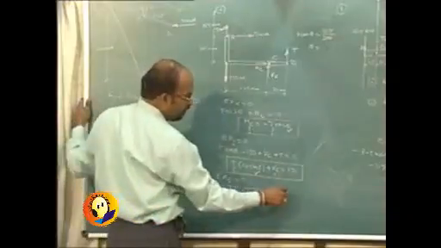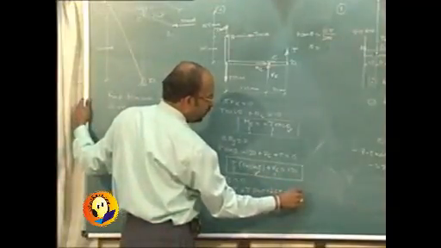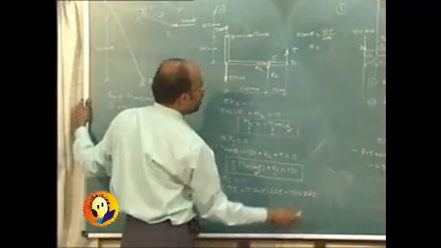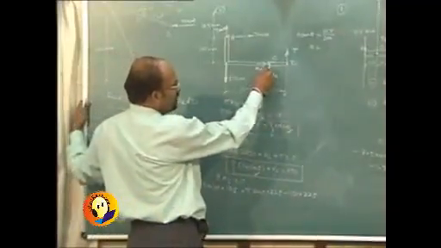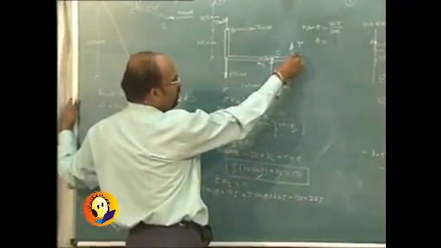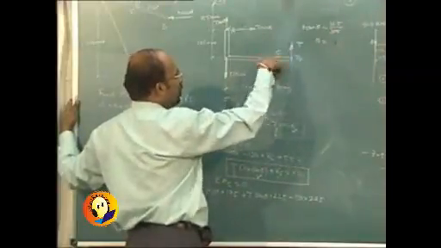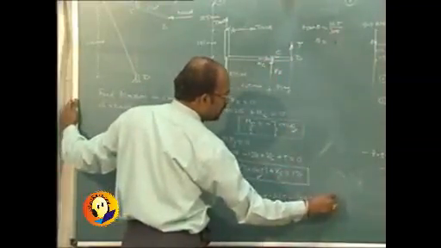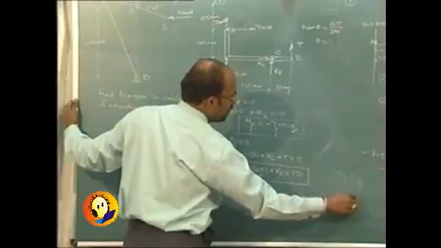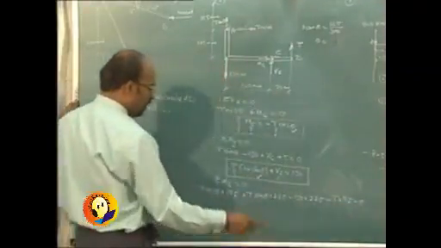So it will be minus 150 into 225. Moment of HC and VC will be 0, moment of this T will be T into 75 is going to give the anticlockwise effect. So minus T into 75 is equal to 0,